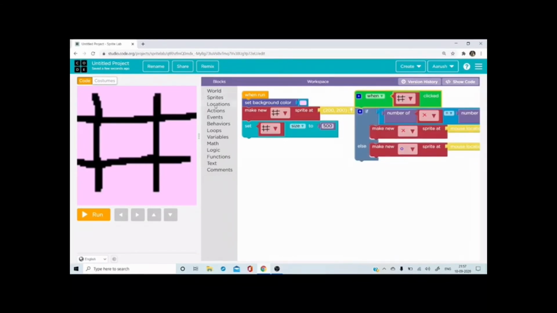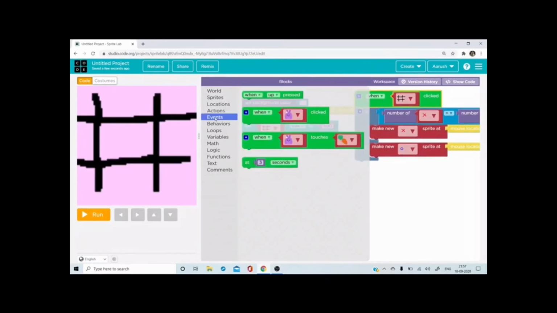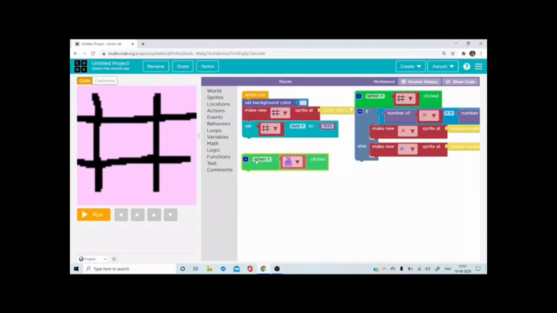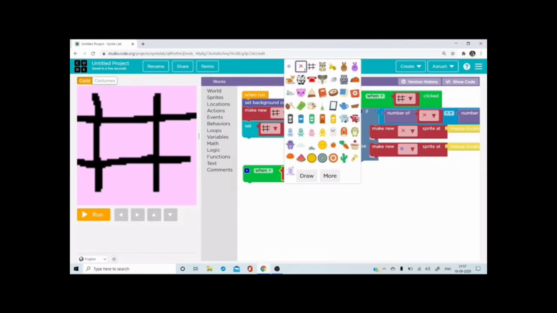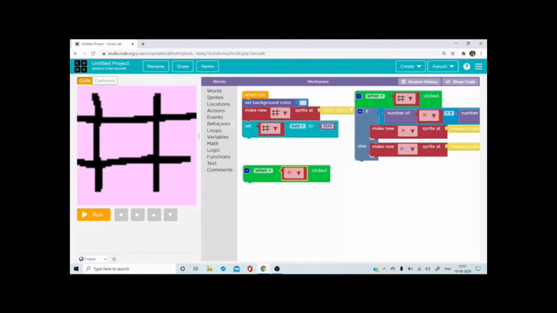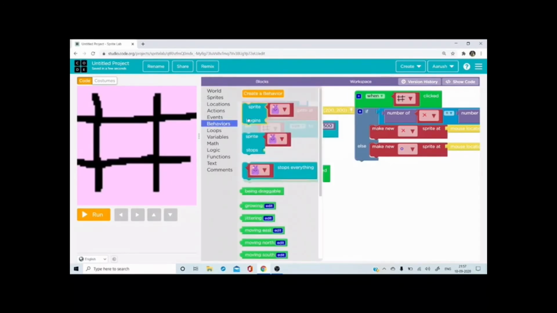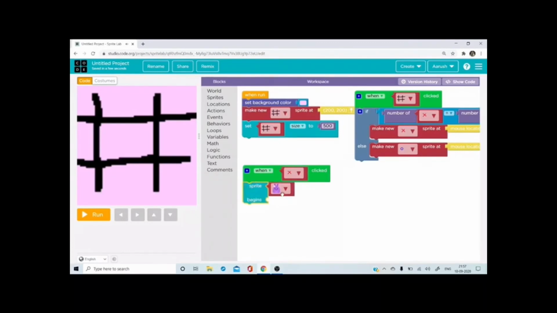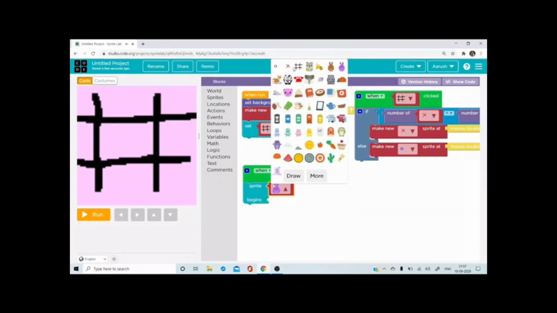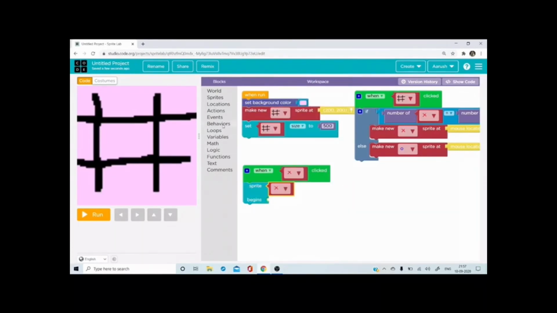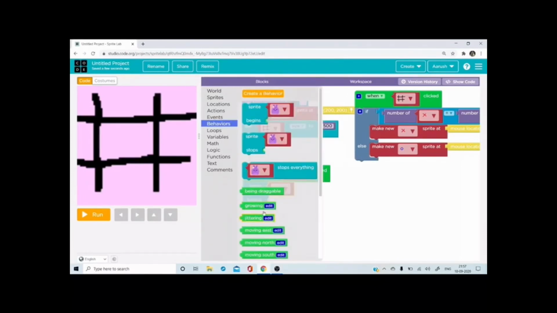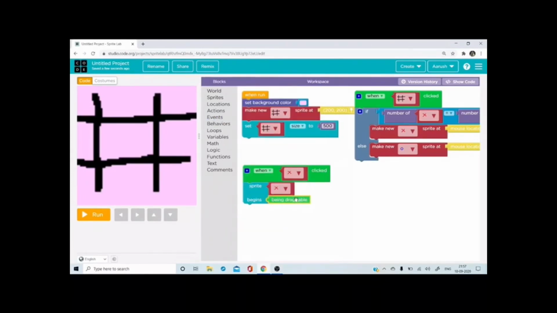In this case, you can go to events, and when you click on this, what happens? We will go to behavior, sprite begins, and let's make this go to behaviors and make it being draggable.